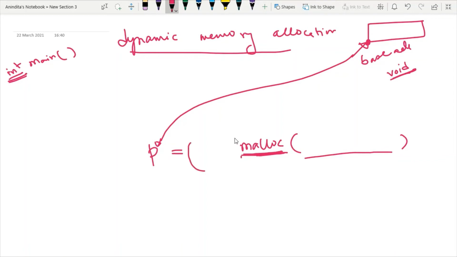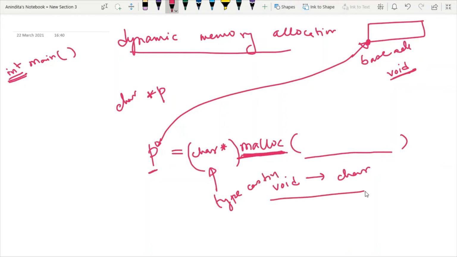So here I have to write some typecasting, means in which data type I want to convert. For example, this pointer variable C is of type character. The default return type of the malloc is void, so I have to convert its return type from void to character. So I have to write character star.